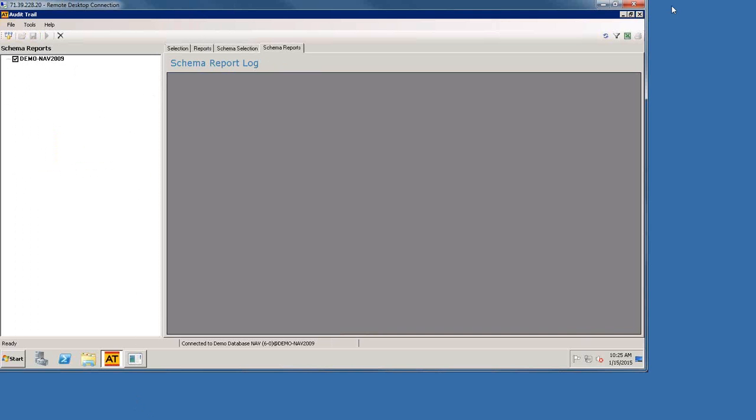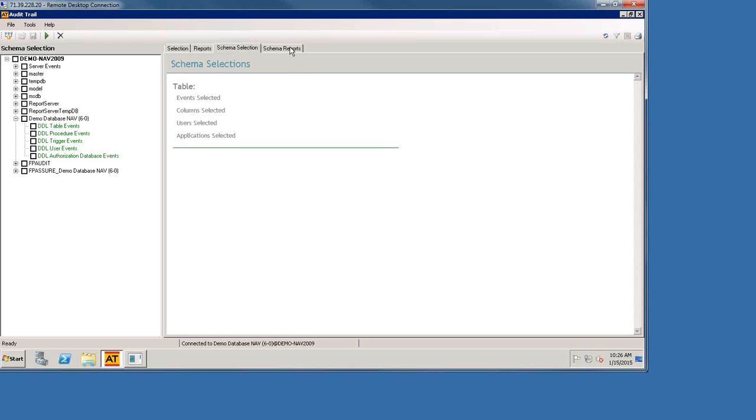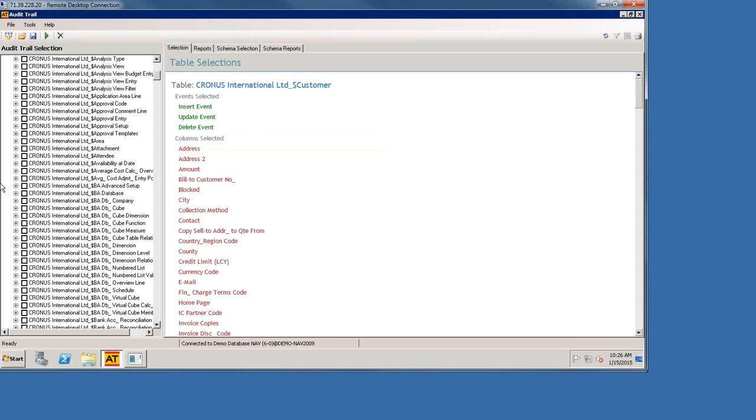Now, because we don't have any schema changes tracked at all, we don't have any reports available, but this is where you would find the schema change reports. It would be within this Audit Trail tool. Okay, so we do give you that ability. For the regular audits, though, we've taken those reports and moved them out of here and into what we call our GRC Studio, so that's where I'm heading next.